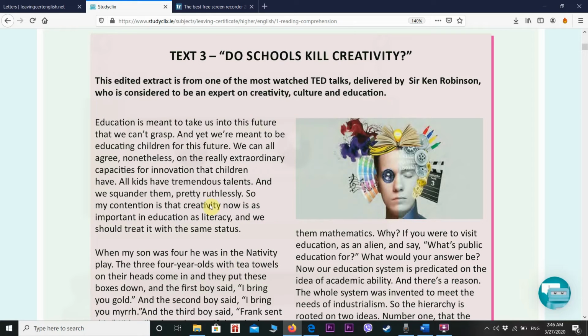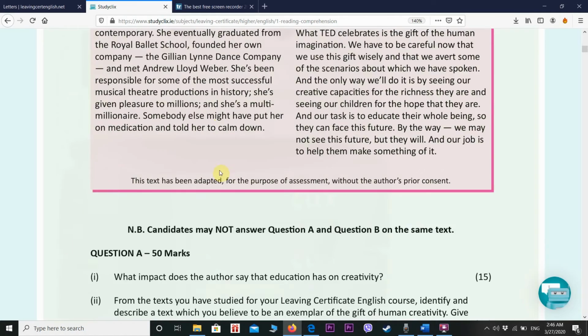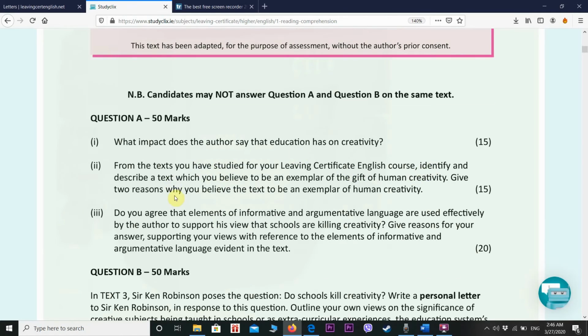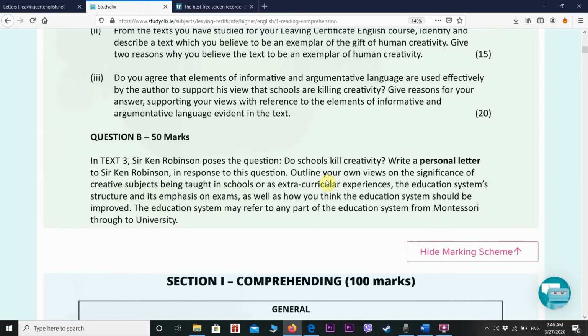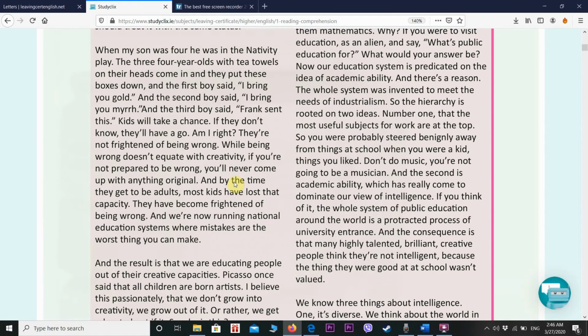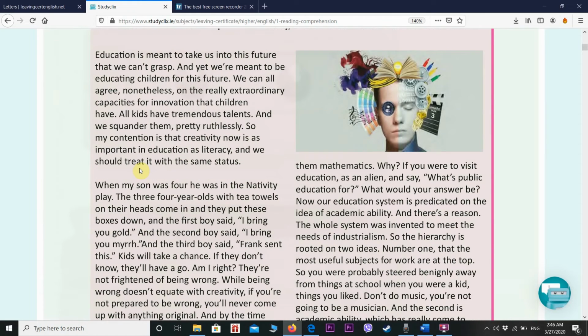It always gives you extra marks when you refer to something that Sir Ken Robinson has mentioned. And you actually have to do that because it's a comprehension. So in this sense, I have to talk about what I think, or my views on the significance of creative subjects. Here, if you read it, and you should take the time to read this before you watch my video,